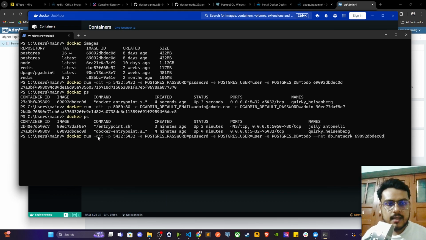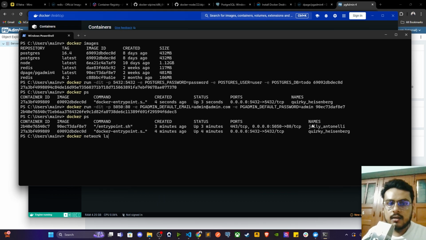This is the same Postgres command: docker run detached, port 5432:5432, environment variable password, username user, db todo, and --net db-network. Okay, this db-network is your own network which we have to deploy our containers on. Okay, but before doing that, you have to run this command,